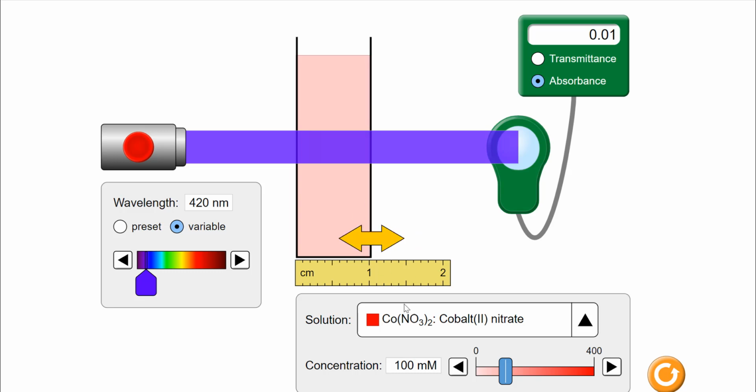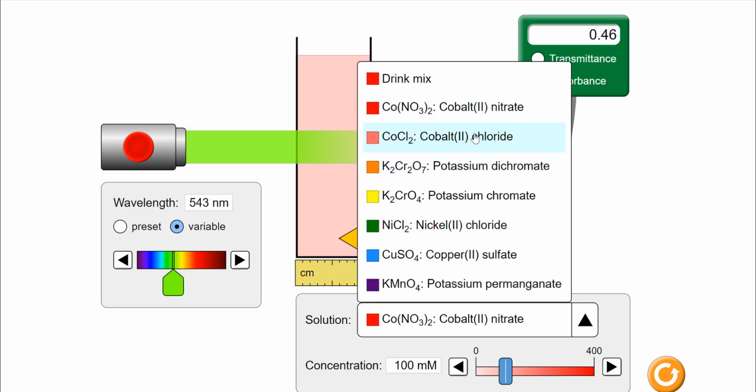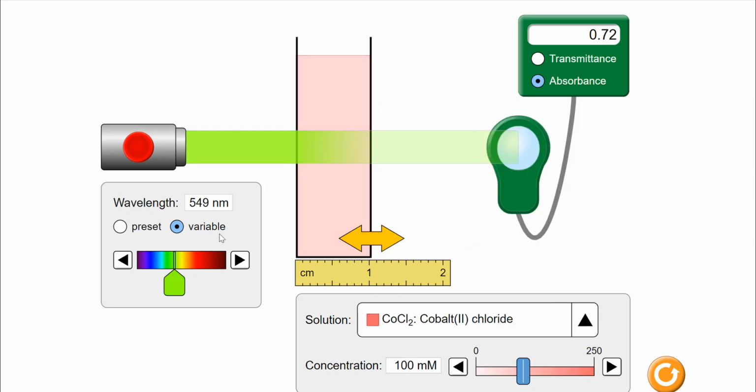So part 1, when I have everything at default settings here, I have my cobalt nitrate, it's 100 millimolar. I'm going to change the wavelength here every 20 nanometers, and I'm going to track how transmittance and absorbance change. I'm going to compare that to a cobalt(II) chloride solution, same thing, absorbance versus wavelength. Once I find the nice preset wavelength for that particular chemical, I'm then going to play around with the concentration,